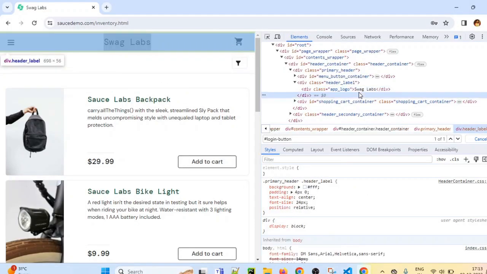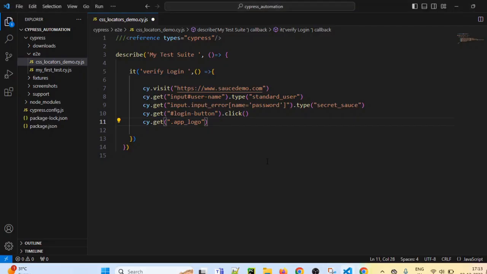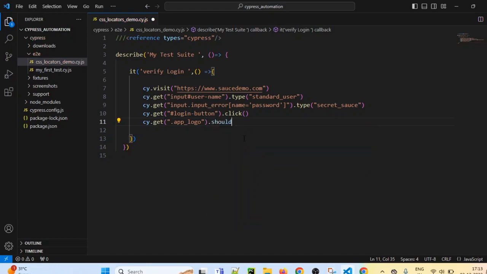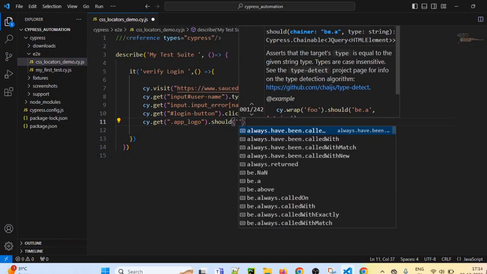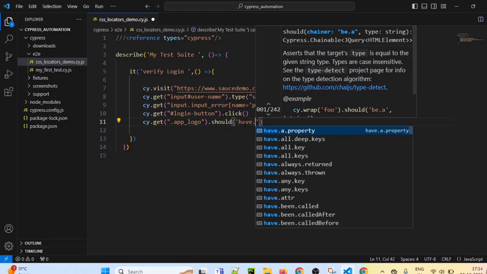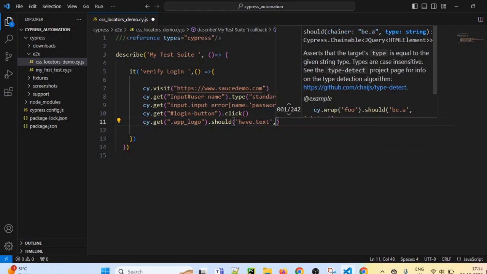So I will just copy this text, and we have one method for validation: we should put dot should. After dot should, we have to put have dot text, and after have dot text, comma, and what value are we expecting?